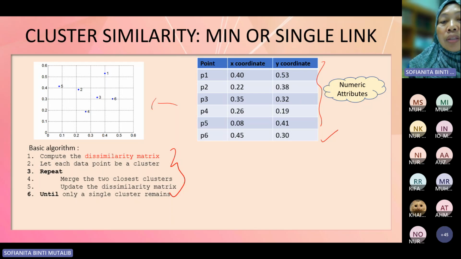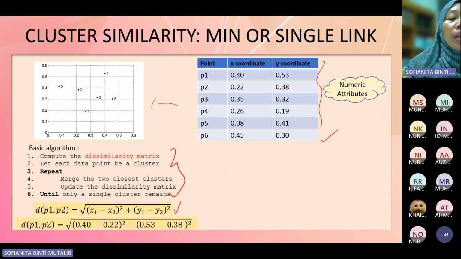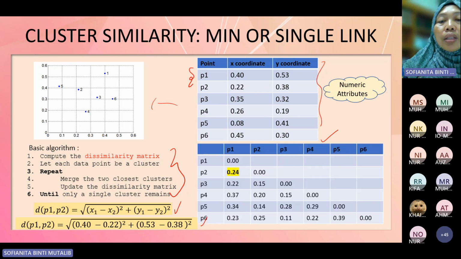The dissimilarity matrix uses what we call the Euclidean distance function. You can see the example over here for point 1 and point 2. Now, this mathematics can be